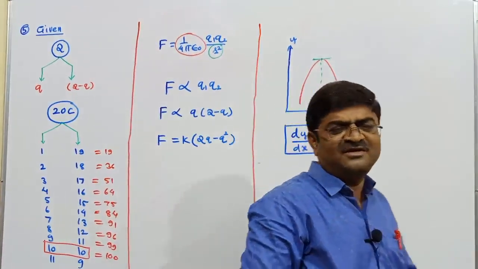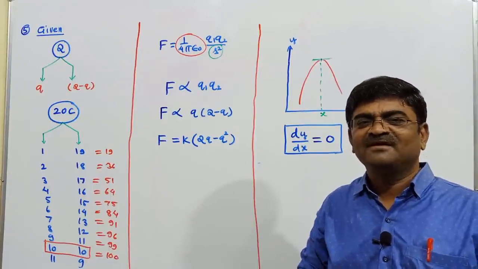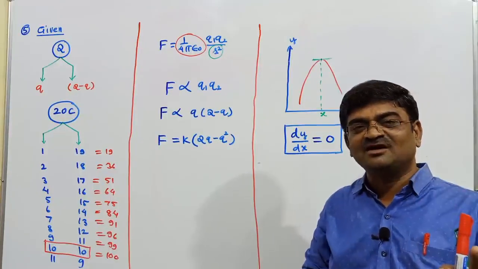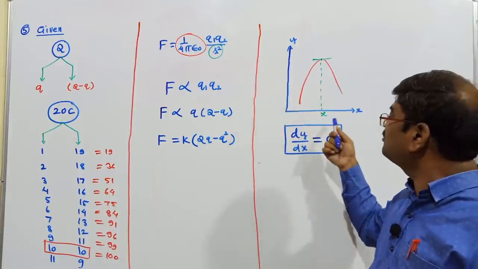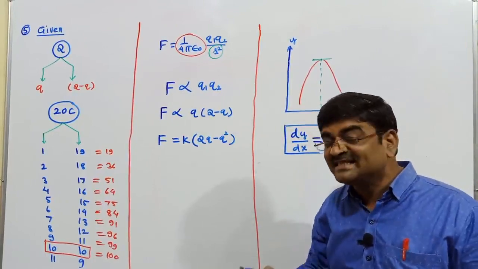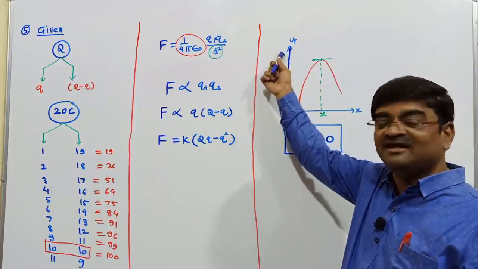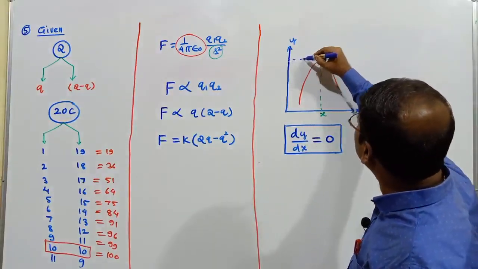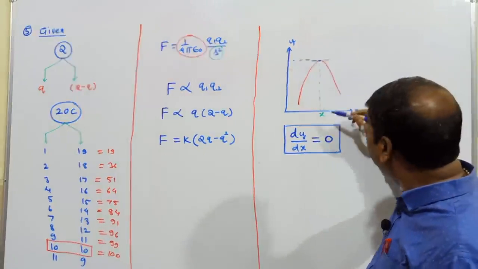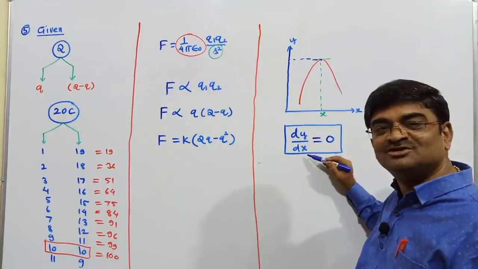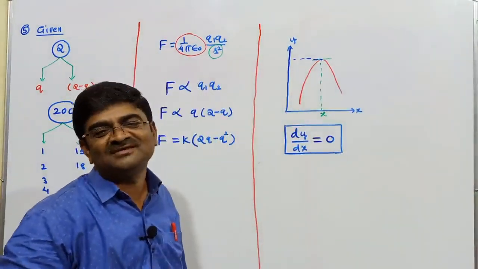I think in mathematics you are studying this, called the condition for maxima, and the same for minima. If you have a variation between two physical quantities, two variables, where one is dependent on another, like y dependent on x, then this y value is the maximum among all the values. You get this y maximum for that value of x at which dy by dx is 0. So this can be referred to as the condition for maxima.